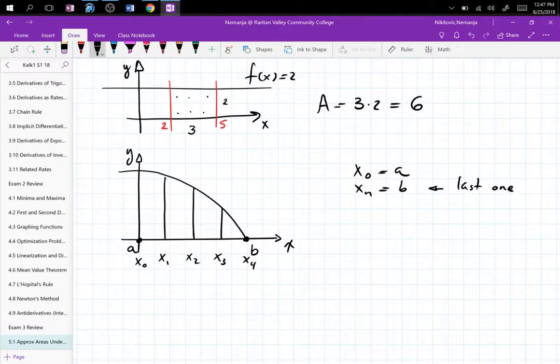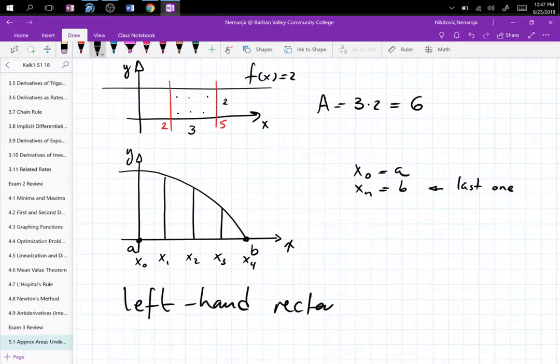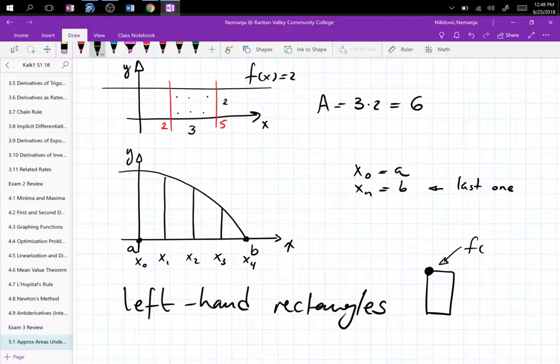All right. But what we are going to do is pick left-hand rectangles. Now, when I say left-hand rectangle and I draw this point, I'll just point there and say f of x. That means that the left side of the top of the rectangle is touching the function. Left side. So I will have to draw my rectangles like this. So this is the way we would draw our left rectangles, because the left side is the one that is